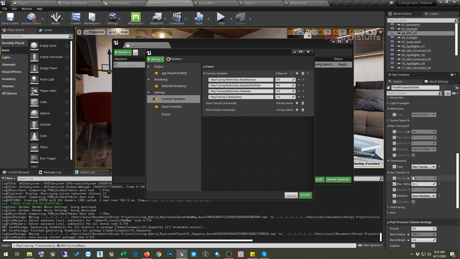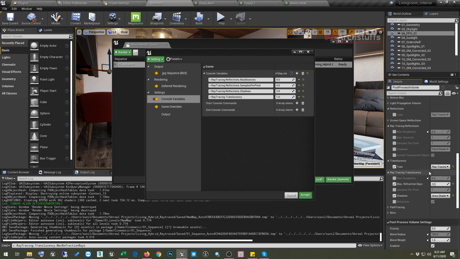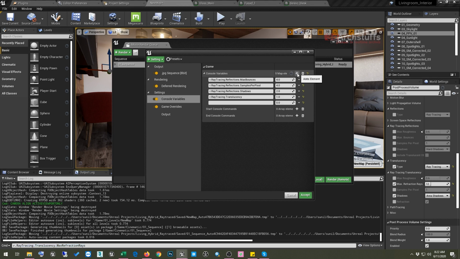You can see it here, max refraction rays. So we'll copy this, and then make one more console command, and then Control V, and then we can click 12 here. So now when we render a cinematic, this 12 value will be used.